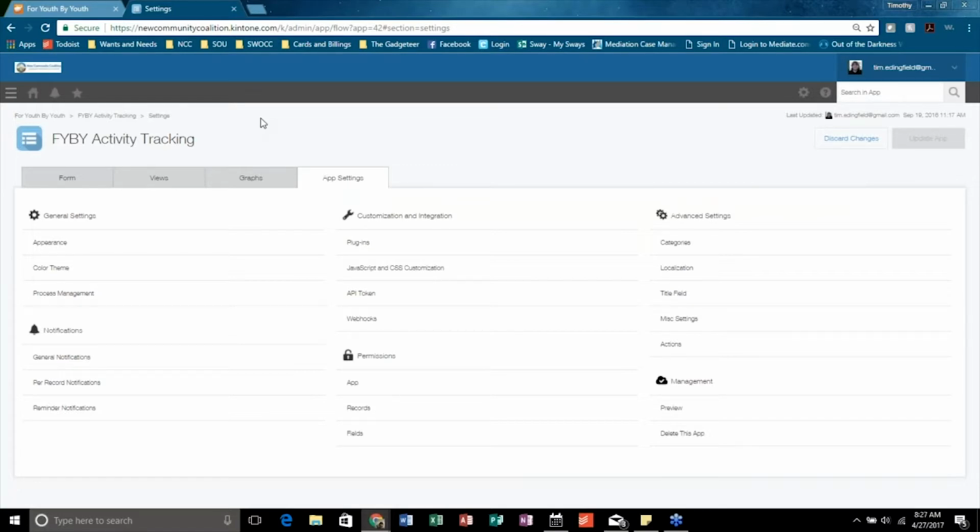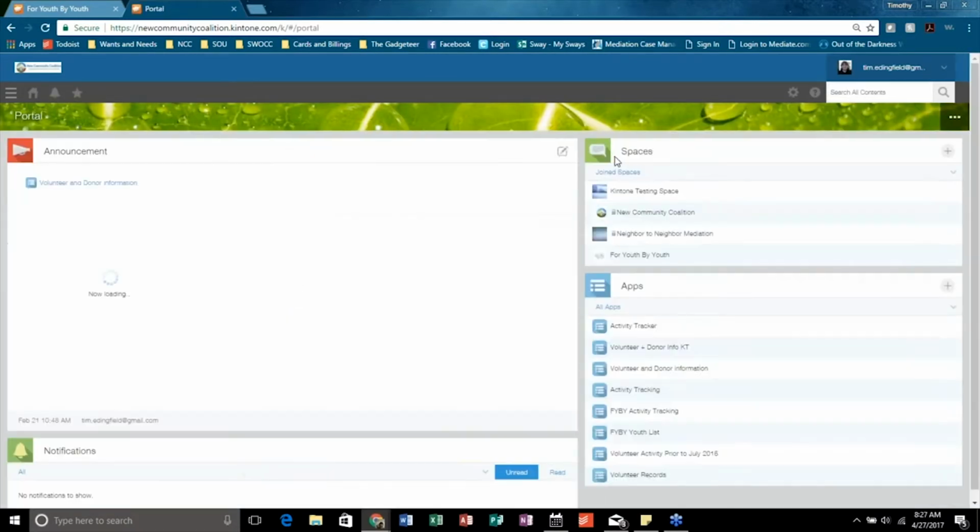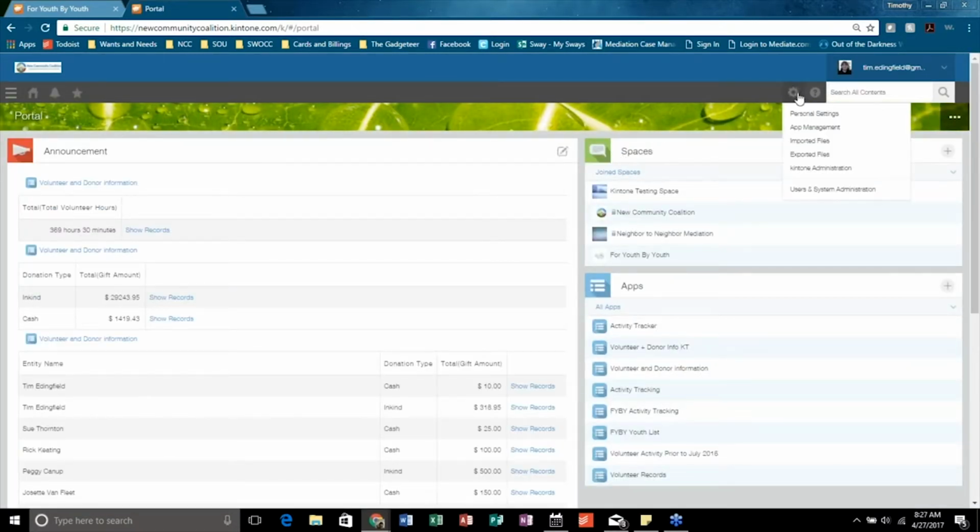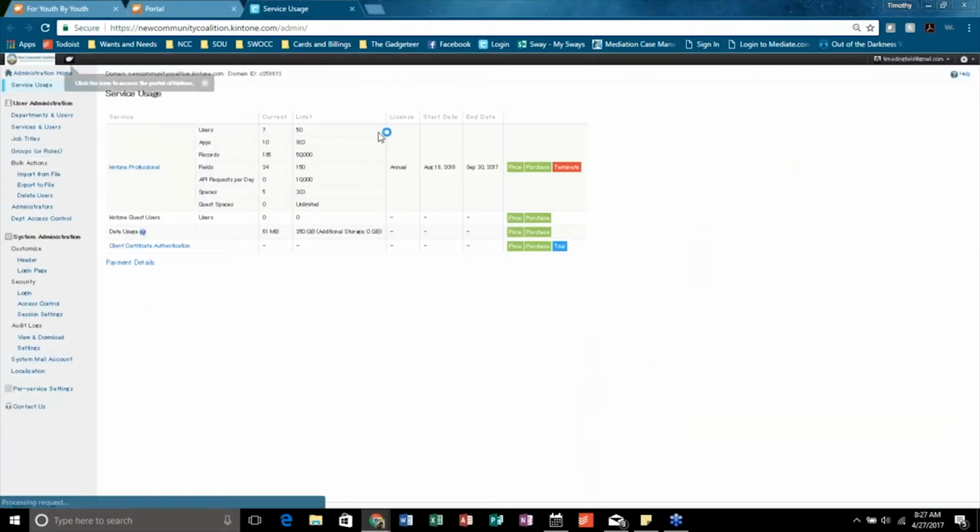all kinds of agencies. And what we also have to keep in mind is that they all have their own database, and we want to streamline the work and make it easier. We don't want to make an extra step or make it harder. So by doing that, what we can do is create spaces, and I believe for the nonprofits, we have a limit of 300 spaces. So you can have 300 different agencies on one nonprofit package.